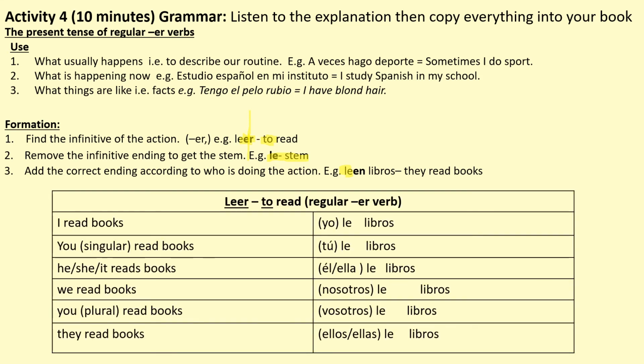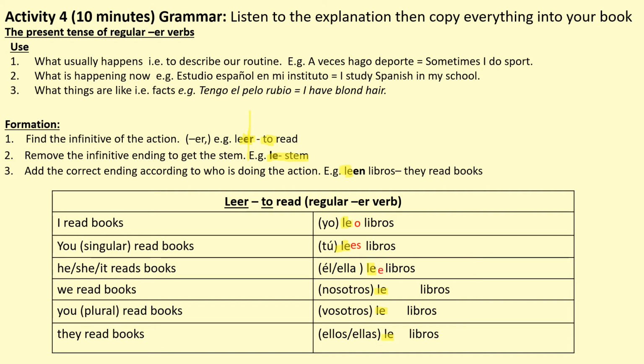So this is our table, but today looking at leer, to read. So I read books, leo libros. And notice our endings are always added onto our stem, which is always the same. In this case, it's always le. Okay, lovely, muy bien. So let's continue. You singular read books, lees libros. He, she, or it reads books,